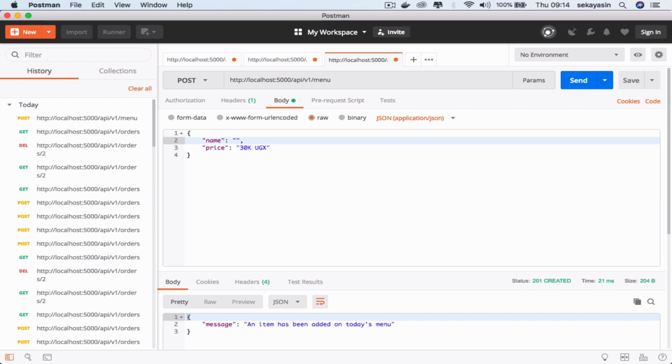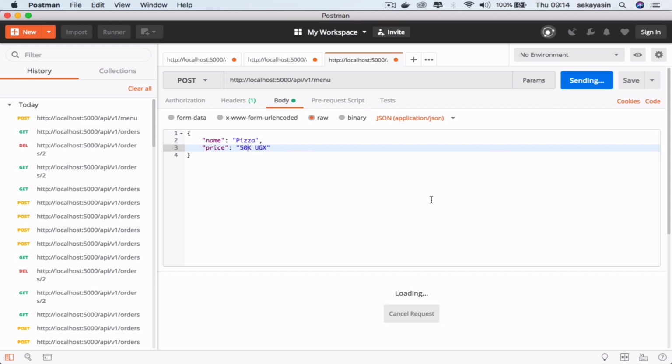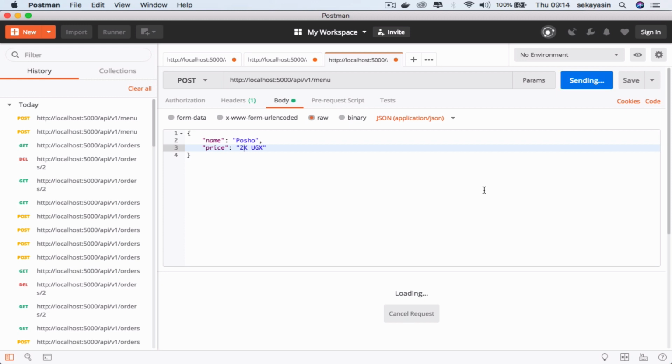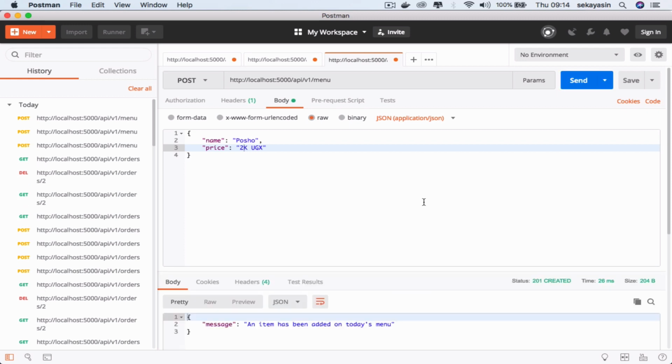For example, I'm going to add pizza. So let me say pizza is 50. Let me also add another one. Let me say Posho. So maybe Posho is 2k. So when I'm done updating today's menu,